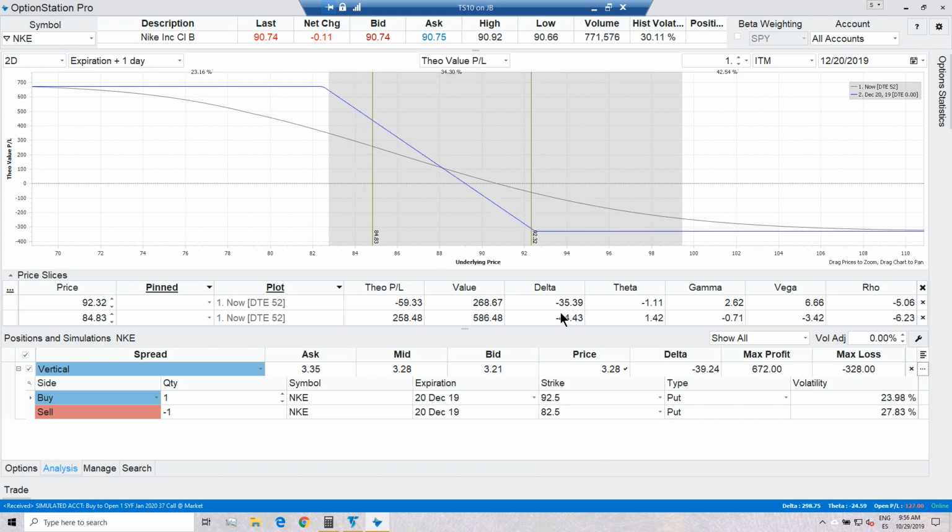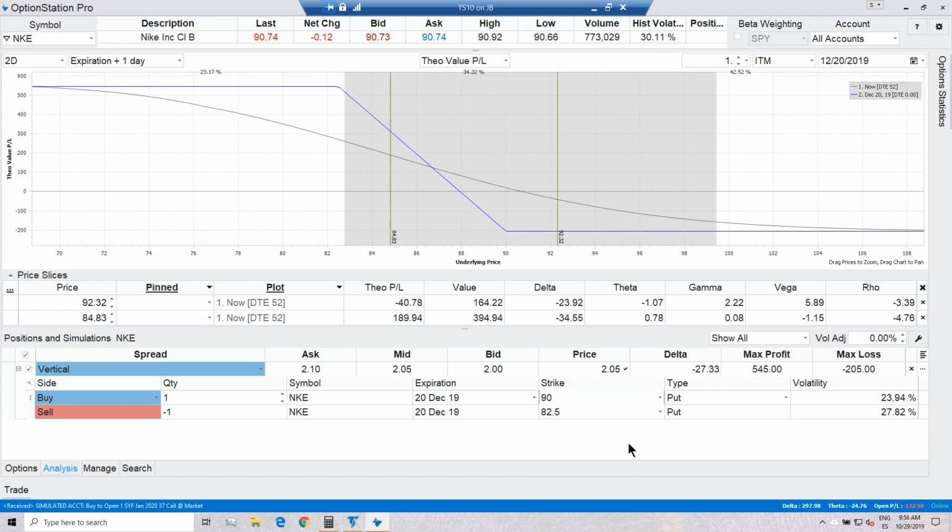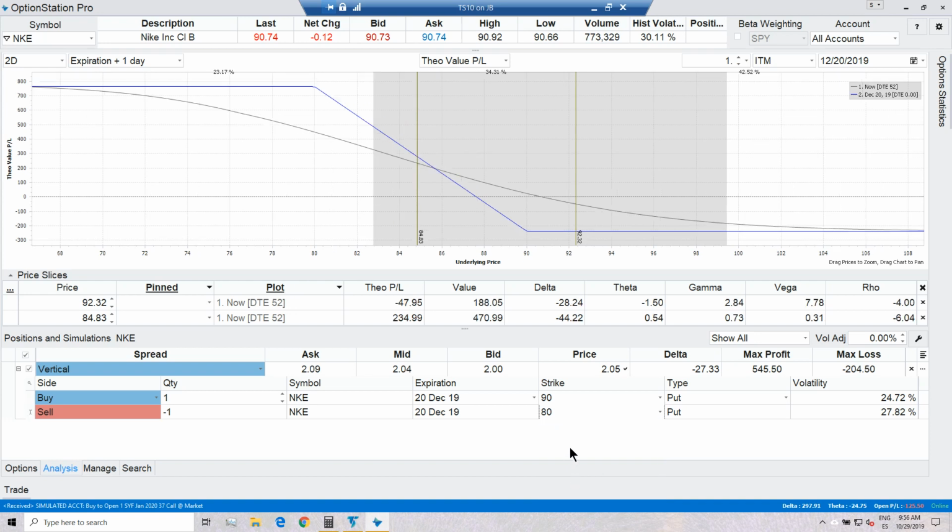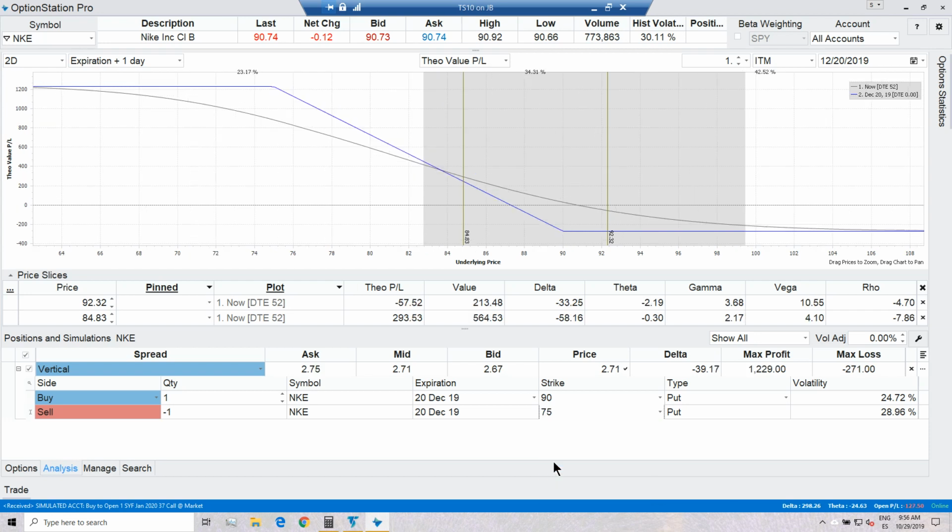Okay, and that's now giving me too much delta, 44. So the way to fix it, I'm going to have to work on both. I'm going to use the 90, that gives me the 23, but then the 82.5, I'll drop it to 80. Now I got 28, and if I drop it one more to 75, oh wow, I got $5 price increments, maybe now it's too much. Yeah, you will take it, okay, so we got 90, and we got 75.